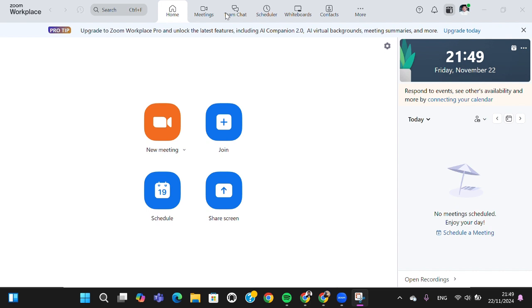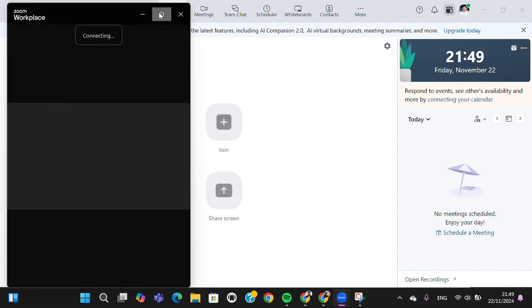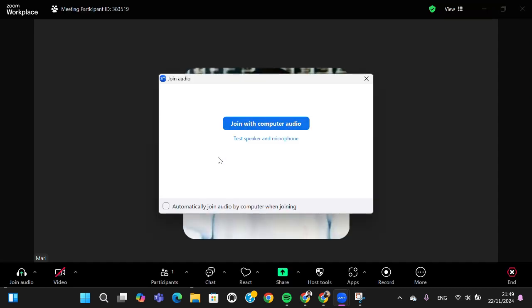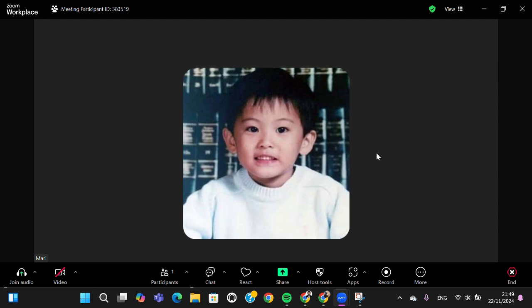Here I have opened my Zoom meeting application on my computer and then I'm going to create a new meeting. So I'm going to click on new meeting right here and then just wait for a moment. Now it's still connecting. Okay, and now the virtual meeting has been created and I'm going to invite my friends